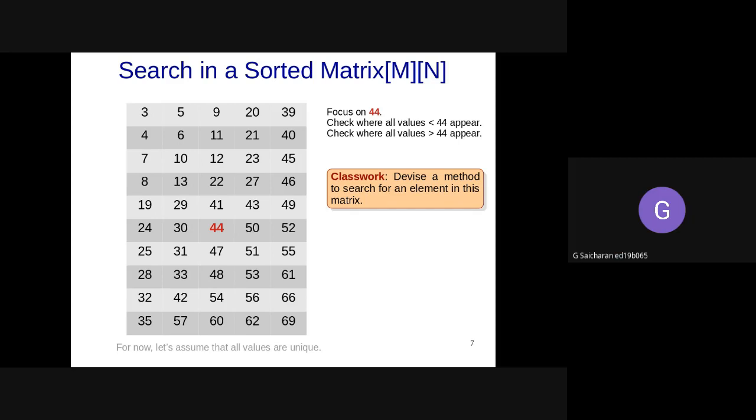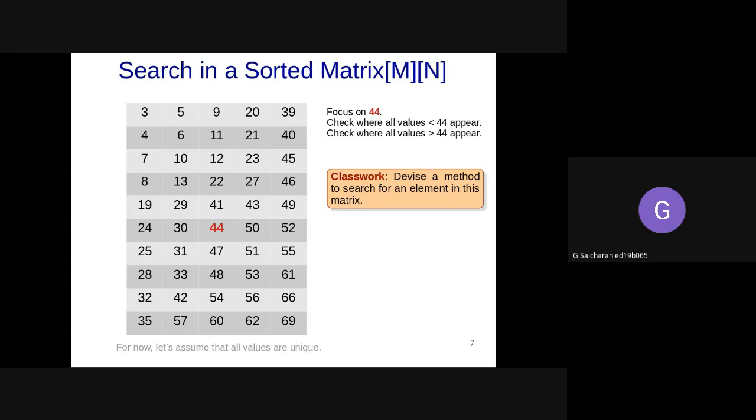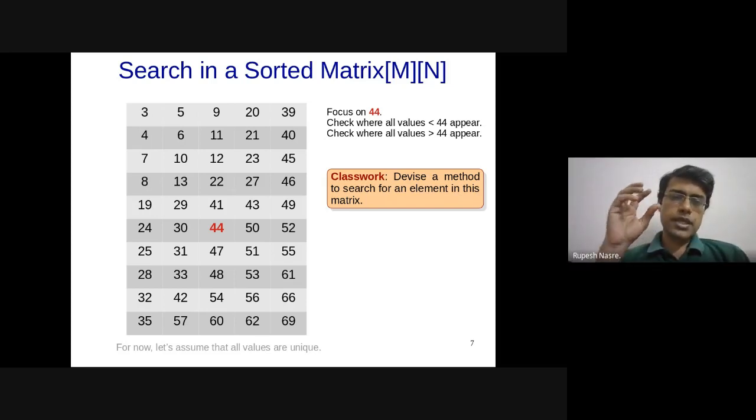So then, if you flip 51 and 52, from 55 first we'll go to 52. We'll check, and then we'll check if 49 lies in the right. Still 49 will be less than 52. So the important message here, as Sai Charan has also suggested, is that we cannot discard 3 quadrants. We can discard only 1 quadrant at a time.